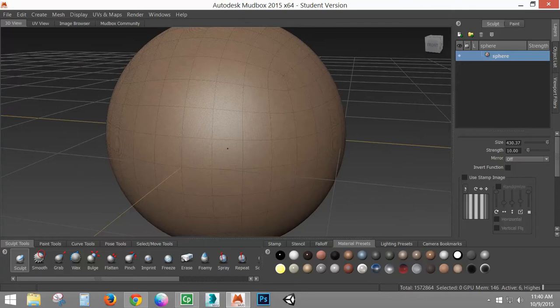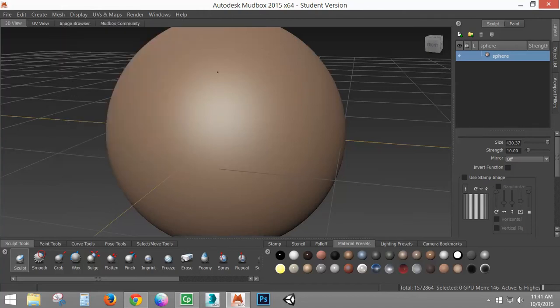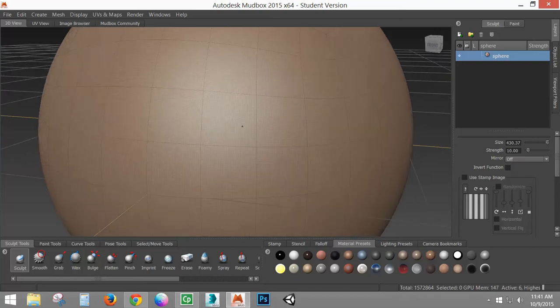I'm going to hit W now to turn the wireframe off, which is under the display menu, so we'll get back to that. We can step up and step down our subdivision levels using Page Up and Page Down. So I'll turn W back on just for a second so we can see this. So if I hit Page Down,